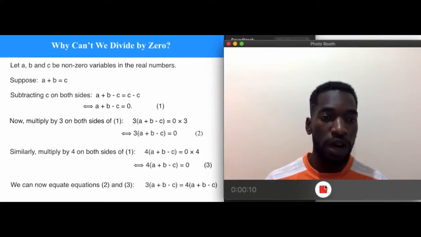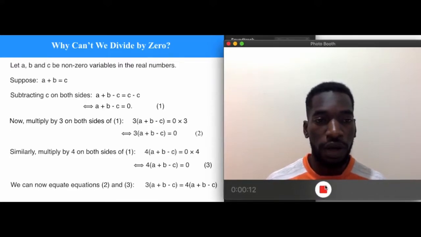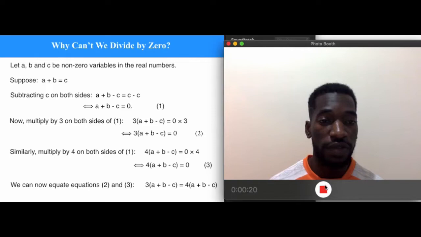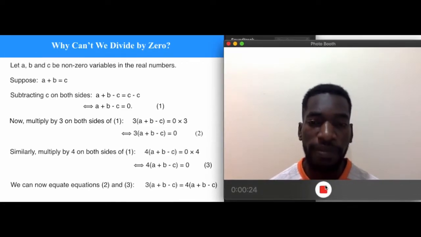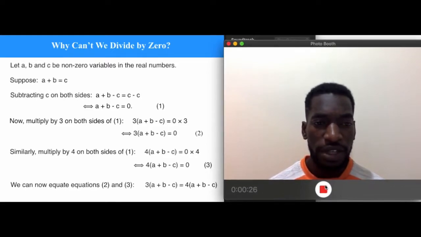I'm here to help you understand the reason why we cannot divide by zero. I'm not sure if your teacher has ever told you why we cannot divide by zero. So I'm here to share with you a proof of why we cannot divide by zero and what can happen if we try to divide by zero. Now, the basic and simple way to understand this concept is to think of,